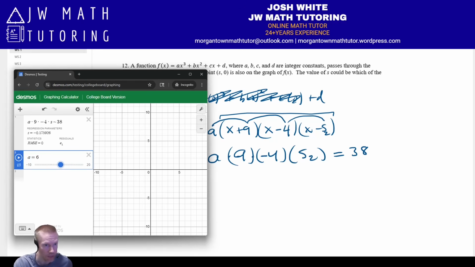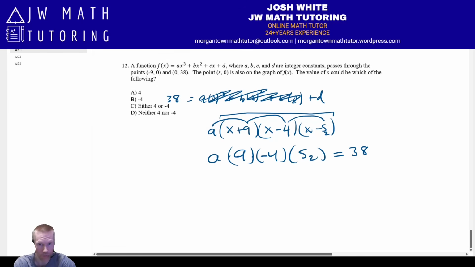Notice the other x-intercept value is not going to be an integer. It's always going to be a decimal. The reason that is important is because